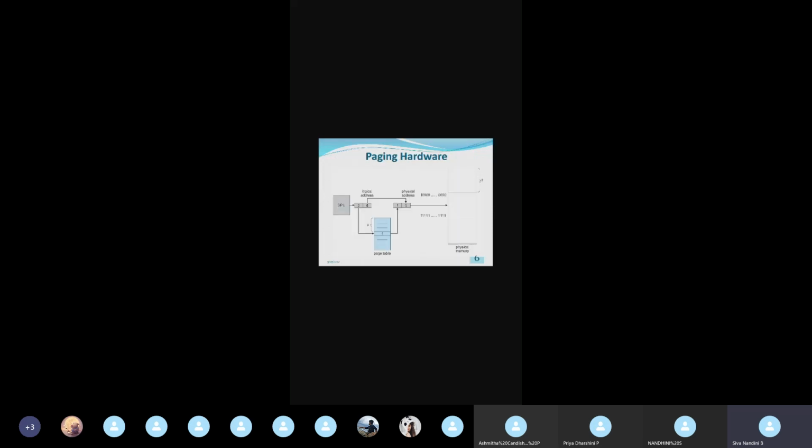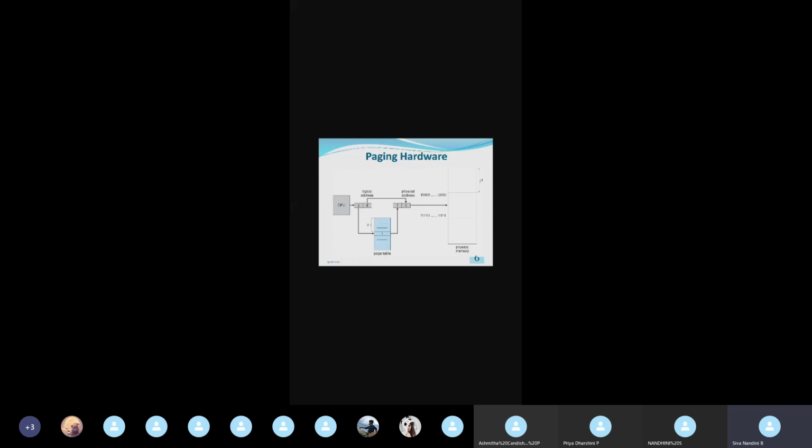Okay. Here also we will see the paging hardware architecture. See, it will be similar to the concept of segmentation, but the name will differ. So you will see it. From the CPU, the address generated is the logical address. The logical address includes the page number and offset number. Page number is denoted by P and the offset number is denoted by D. So from the CPU you can see in this figure P, D in the logical address.